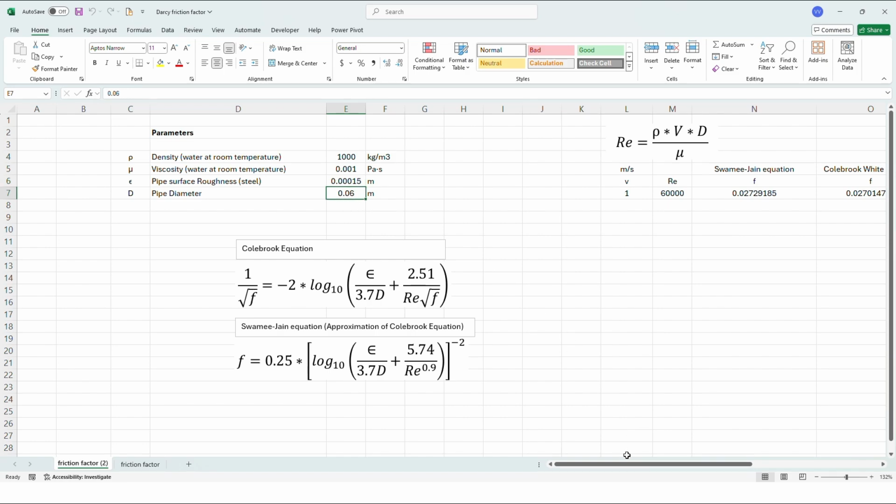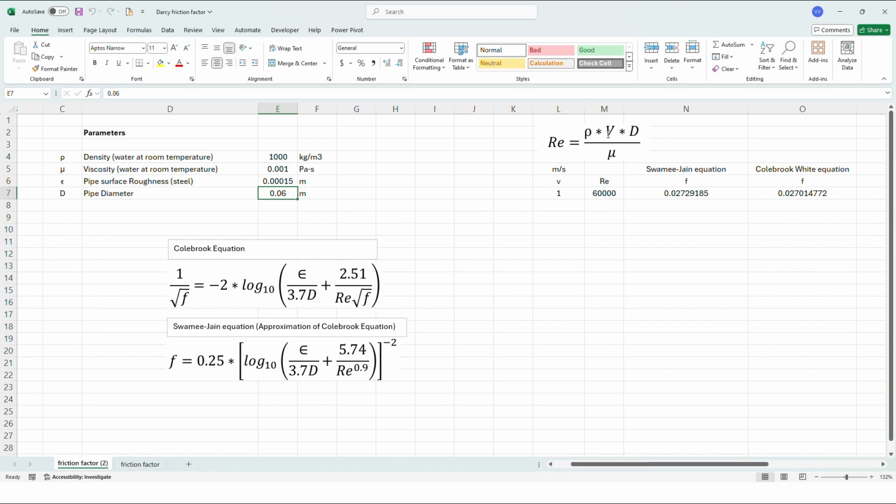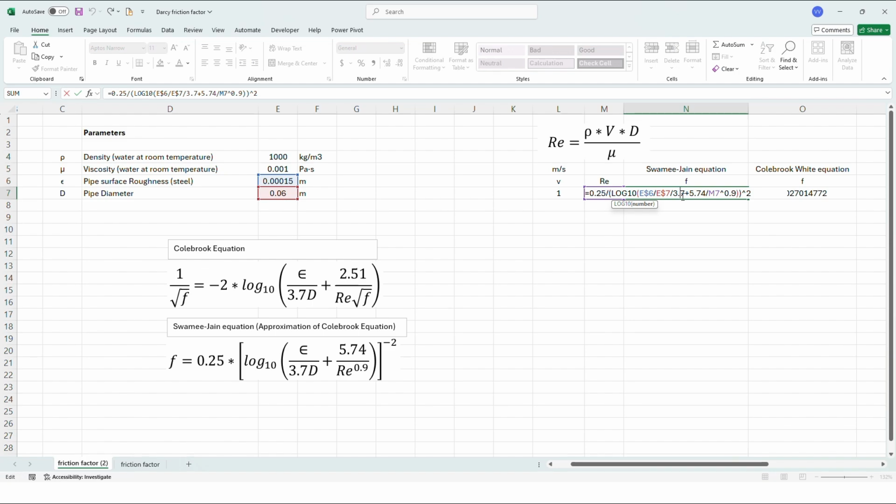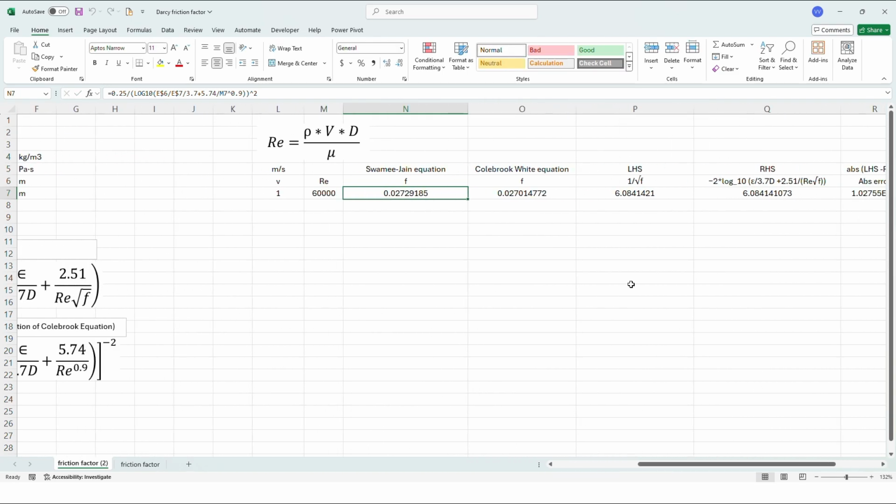So then we calculate Reynolds number using this equation. So we get this value, okay? And then we calculate the friction factor using the Swami-Jain equation, okay? So that is rather easy. With the Colebrook equation, we assume a friction factor, okay? Let's change that number to